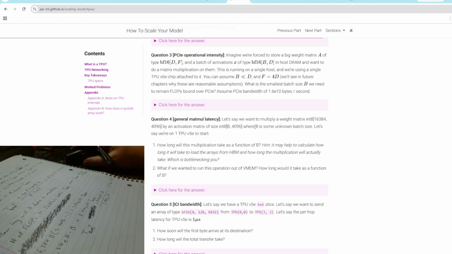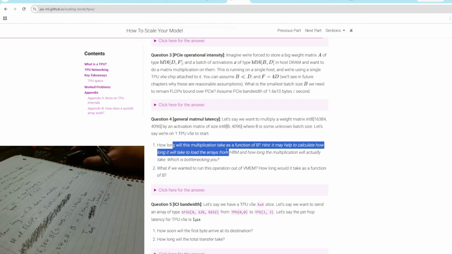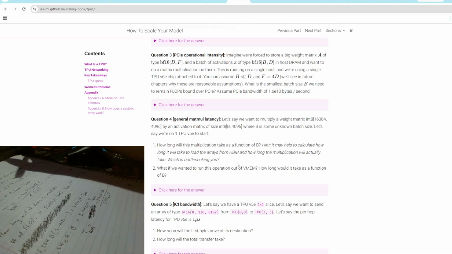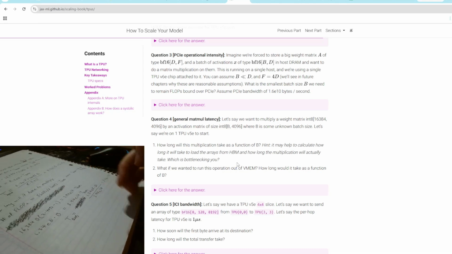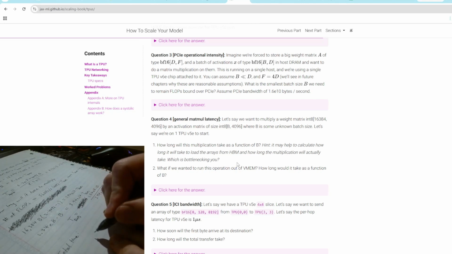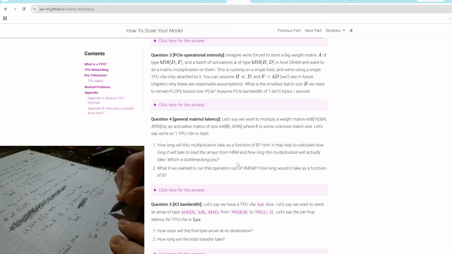So what do we really want to see here? How long will this multiplication take as a function of b? It may help to calculate how long it will take to load the arrays and how long the multiplication will actually take, which is bottlenecking you. So technically, let's say total time, t total equals t bytes plus t flops, which equals